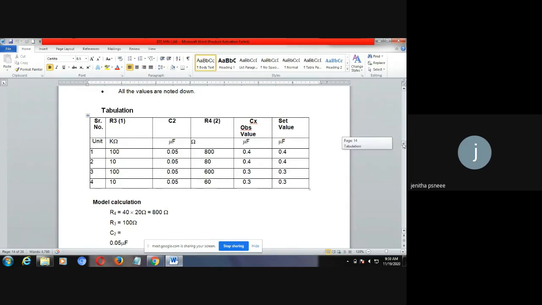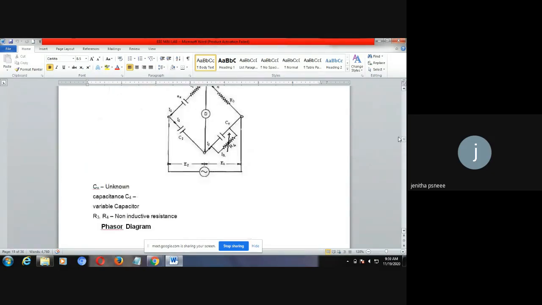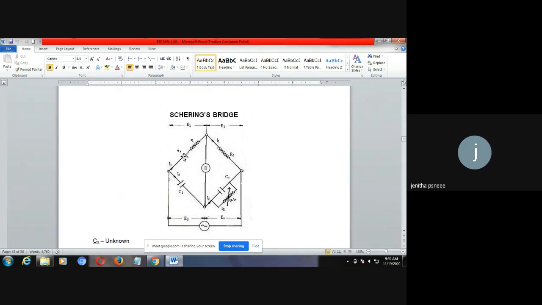So if you see, in the bridge you will be balancing. So this is the unknown value, Ex, like that given. In place of this value, if I keep 0.4, then this detector will show you 0. That means if you place the CRO, it will show you 0. And if you place any detector like headphones, the headphone noise will be stopped.